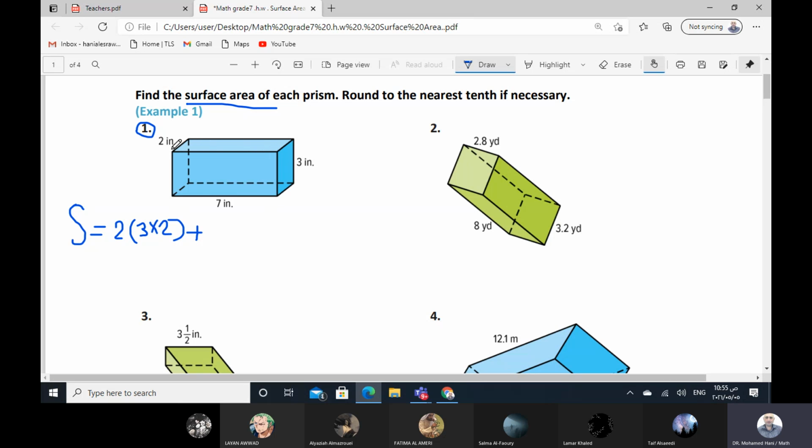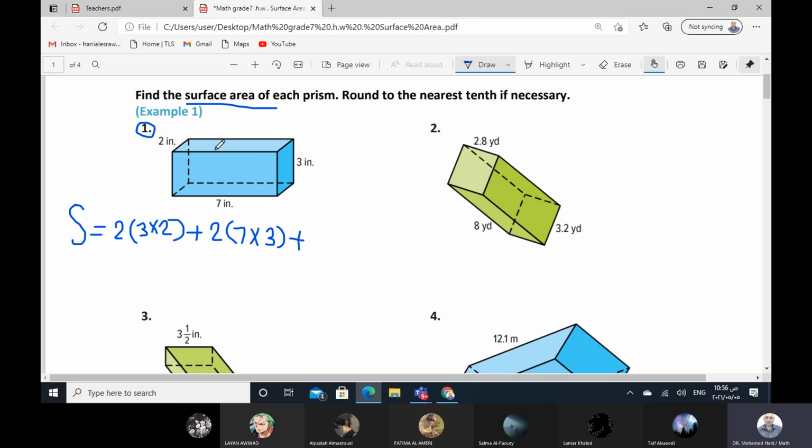We have here in the front this face, and in the back we have the opposite, congruent and parallel face. So it means we have 2 congruent and parallel faces here, meaning we have 2 congruent areas. So you can write 2 times the area of the face. What is the type of the face? Rectangle. Here we have 7 and here we have 3. So we can write here 7 times 3. Plus,